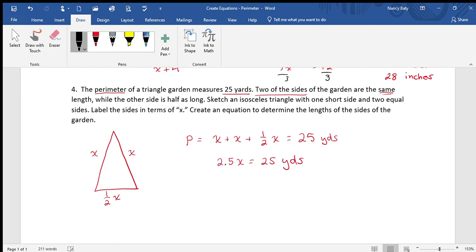Divide both sides by 2.5. And you get x equals 10 yards. So the sides are 10, 10, and half of 10,